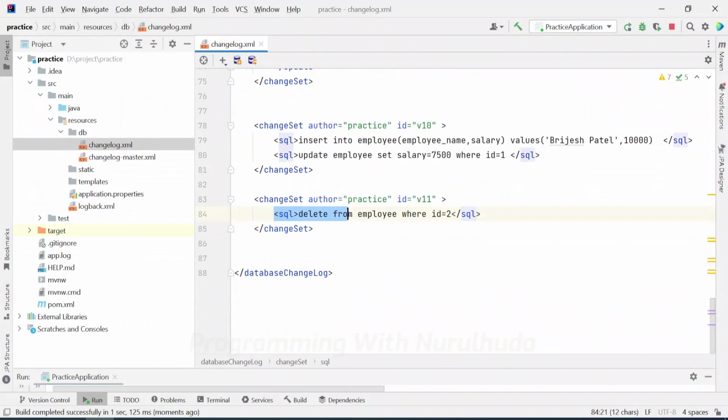So SQL native queries are also supported in Liquibase. For that, only the SQL tag needs to be defined. Inside the SQL tag we write the native query manually. So let's say